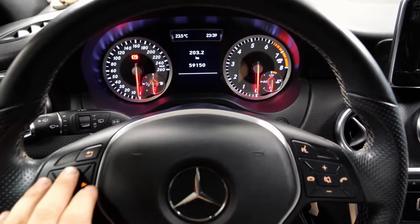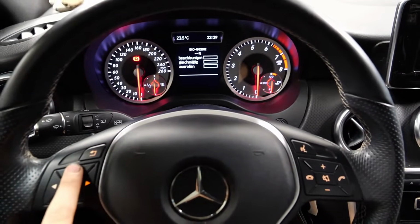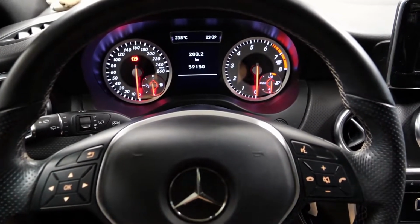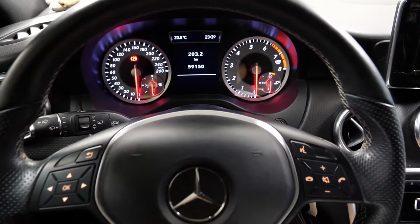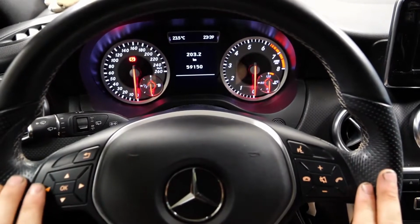If not, you can press the 2 here until the mileage is displayed on the screen for you. So, when the mileage is displayed on the screen, we'll need to navigate and select the trips section in the display right now. So now it's very important when trips lights up for us, so press the button, then we need to